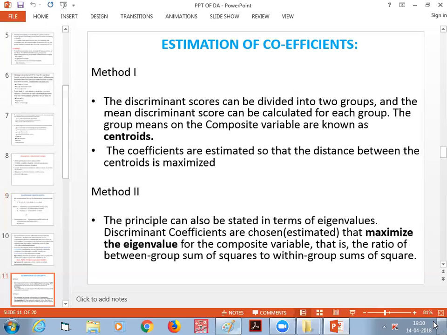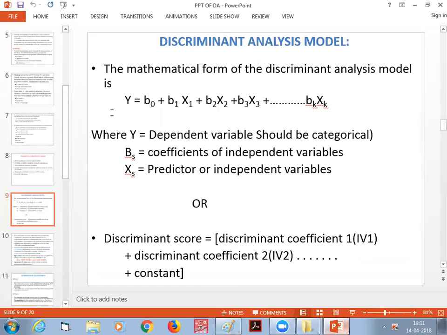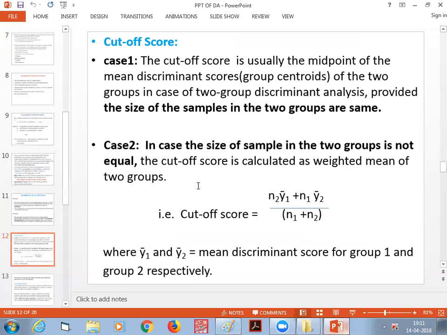I explained there, centroid means what? Centroid is nothing but, you are taking the mean, the average value of the first group and the average value of the second group. Then discriminant scores can be derived. Discriminant scores means what? The y values. For different values of x, we are getting the y values. Correct? So, the discriminant values,